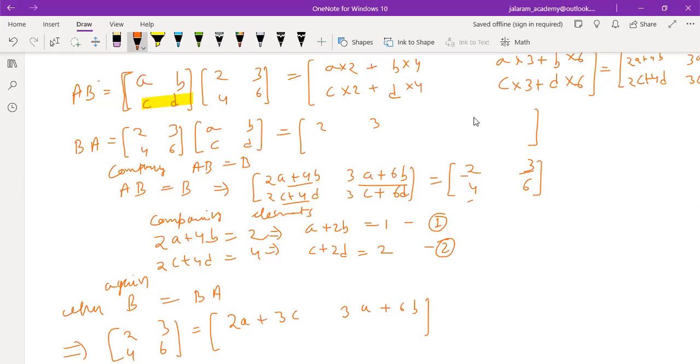First row 2, 3; second row 4, 6. First column A, C; second column B, D. Okay. So 2A plus 3C, 3A plus 6B,